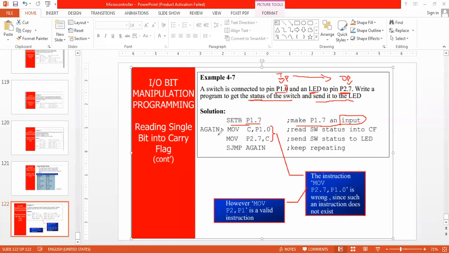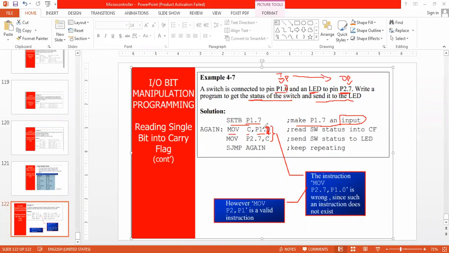Then what I'm doing? MOV C, P1.7. It is not 0, it is 7. Make a correction, okay? It is an image, I may not be able to edit. I will give the same PDF for you, and then you have to go through the programs. If you find something wrong, you can ask me, or else now whatever I am telling you, you just remember that. This is not 0, this is 7.